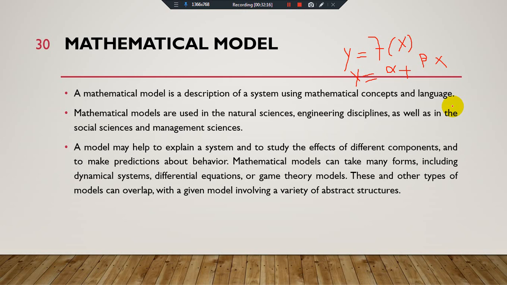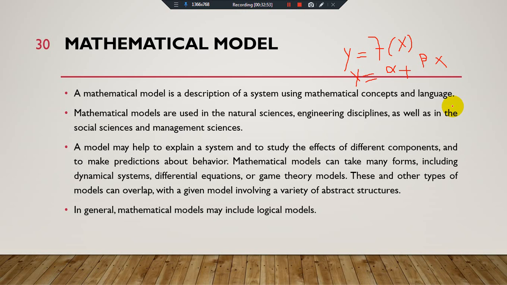Mathematical models can take many forms, including dynamic systems, differential equations, and game theory models. Normally these models can overlap, but we have to provide the given model involving a variety of abstract structures. So you have to provide the mathematical model in a general form. Okay, in a general form, the mathematical model may include some logical methods, or you can say logical models.